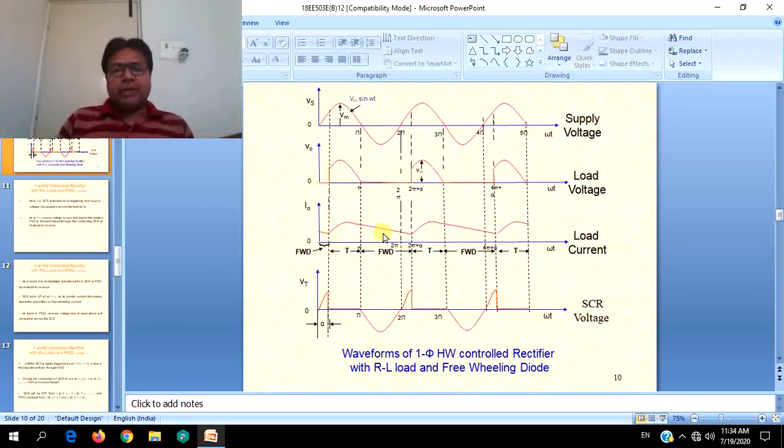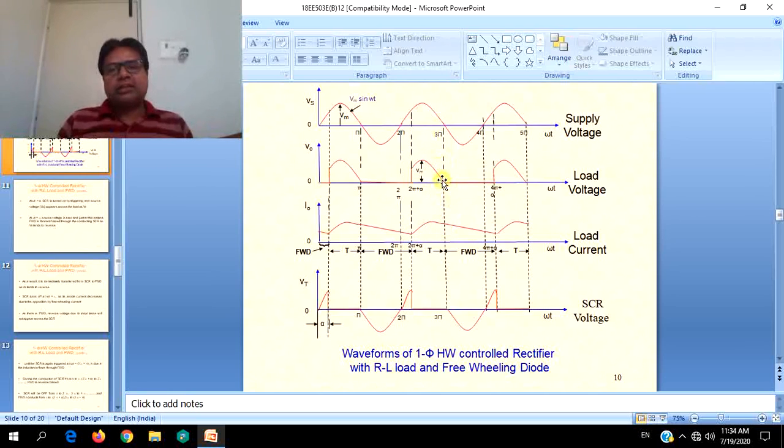But for better performance, normally all the circuits are chosen and rated in accordance with the load inductance. If the load inductance is sufficiently high, current will never become 0. And by the time it reaches its minimum possible value at 2 pi plus alpha, SCR is triggered, and again voltage will be increasing, current will also gradually increase.